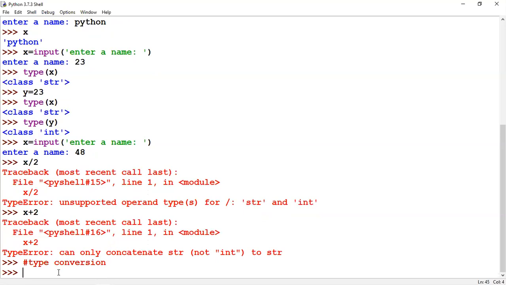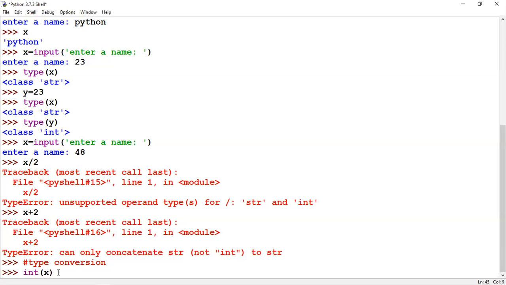Now I want to convert to integer data type. Integer, open bracket, close bracket. That is the basic syntax. Then I assign which variable name you want to convert: x.